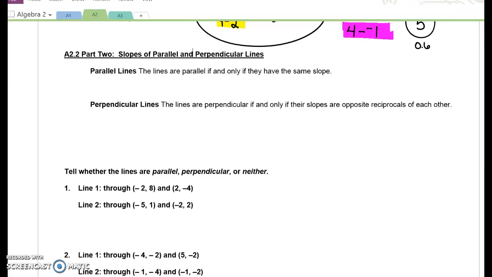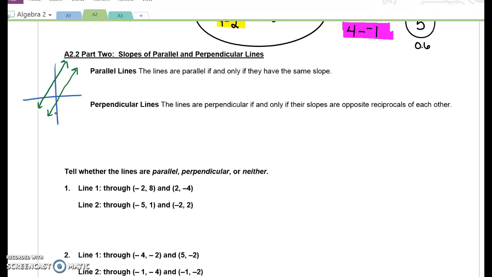Parallel lines. Lines are parallel if and only if they have the same slope. If you think about a graph, if this line has a slope of, I don't know, what does that look like? 3, 2, whatever that looks like. In order for another line to be parallel, parallel means they are never going to touch and never going to